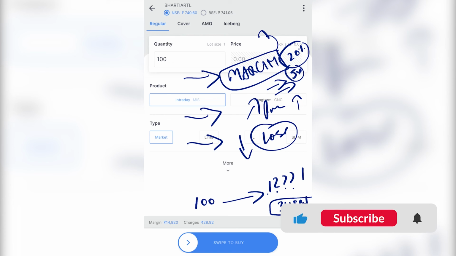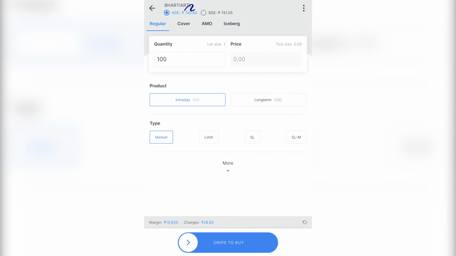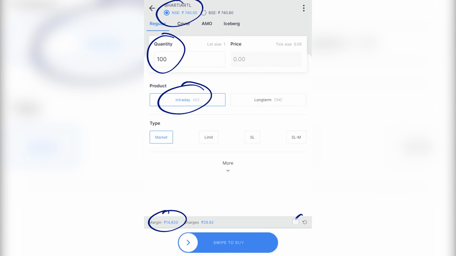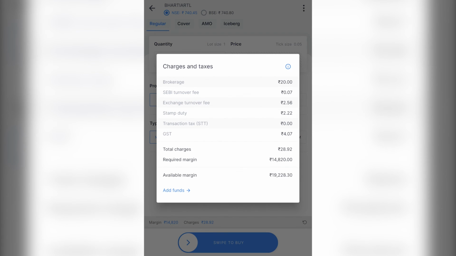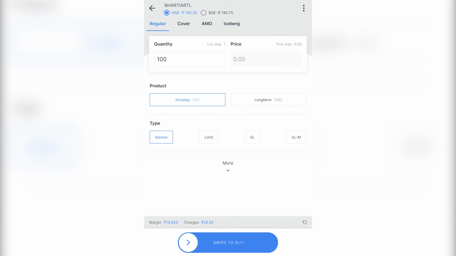Margin and leverage are very simple concepts. I hope this has helped you understand it. You can simply go to Zerodha, select any stock, put in the quantity, select intraday, and just look at your margin by refreshing this button, and it will also give you a breakup of charges. Intraday charges is where Zerodha makes money, or F&O charges is where Zerodha makes money. Out of your 28 rupees of total cost, roughly 24 rupees is going to Zerodha over here. This is 20 rupees plus 18% GST, which you will end up paying. So be clear that margin is readily available for intraday trades.